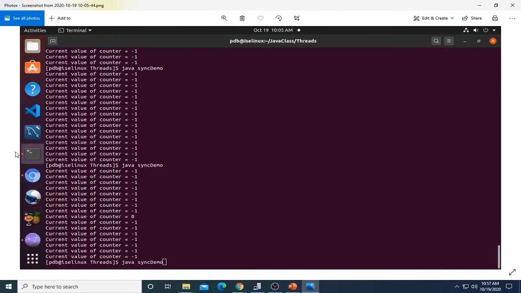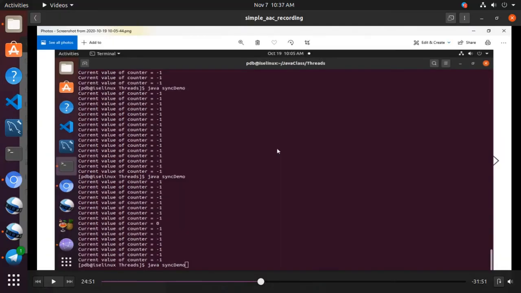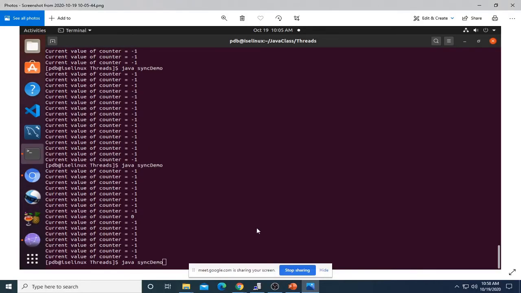I have saved output from execution of an identical program on a different machine. And here is the snapshot of the output for the identical program. Can you see any deviation in the output?